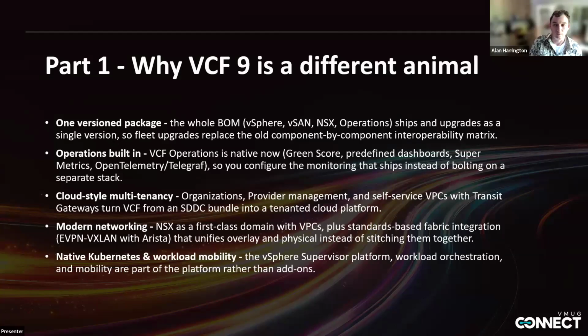Operations is now built in, which is super cool. So instead of having to tack it on and bolt it on from the outside, it now is a complete integration inside of your daily operations, and everything that you do will be through here. Well, not everything, but with some of the advanced monitoring and things of that nature. vCenter still exists, of course, everything still exists,